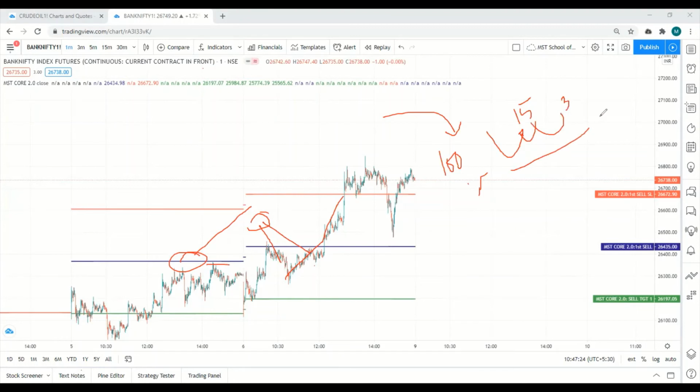So this is our price action technique. This is not the technique we follow in the MST Core indicator. In the MST Core indicator, we have to strictly follow either stop loss or target. We are not changing anything. But in price action, we suggest that whenever people reach 100 points in Bank Nifty, they have to revise their stop loss. Similarly, whenever they reach 10 to 15 points in crude oil, they have to revise the stop loss to cost. Then they keep revising their stop loss level. This is what we teach in the price action course. So it is up to you either to revise stop loss or to buy with stop loss and target.